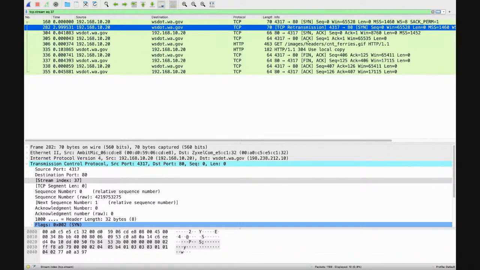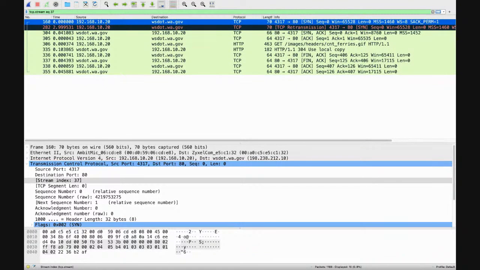So in this case, what happened was I sent my TCP SYN right there. And I waited 2.9999 seconds. I haven't gotten my SYN acknowledgement back. So I resent the SYN. Now, especially with Windows at the time this capture was taken, the initial retransmission timer for TCP was 3 seconds. So our machine patiently waited 3 seconds and retransmitted the frame.